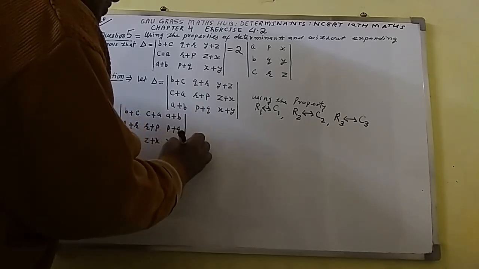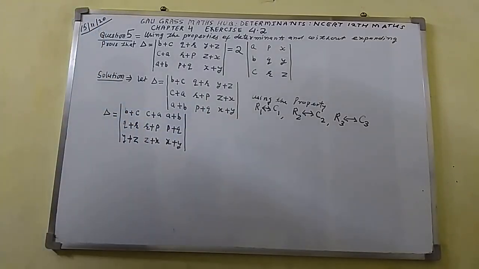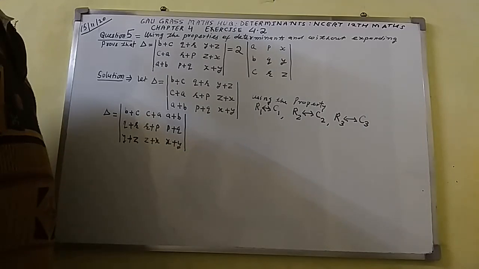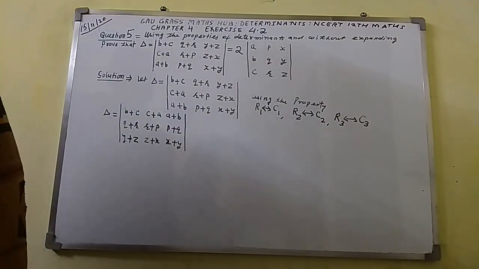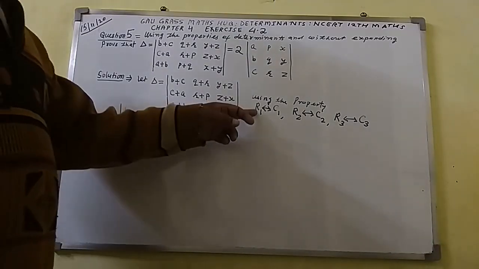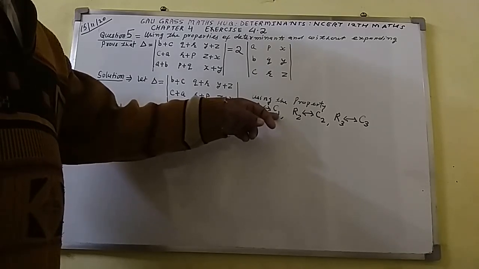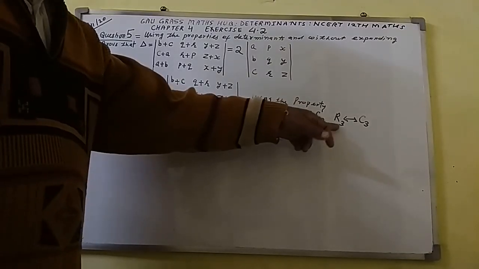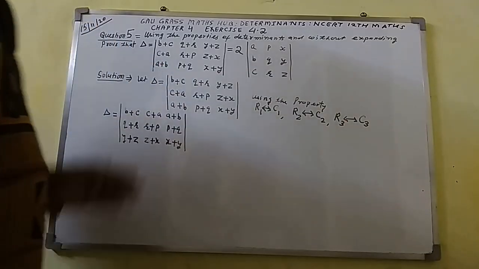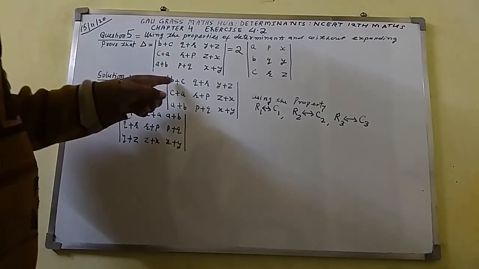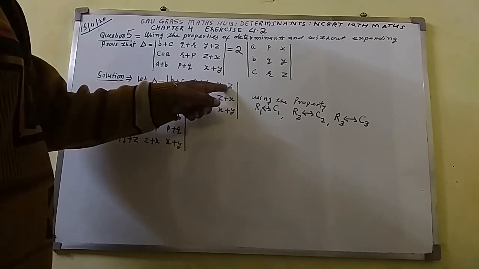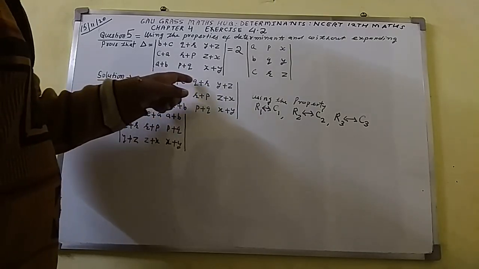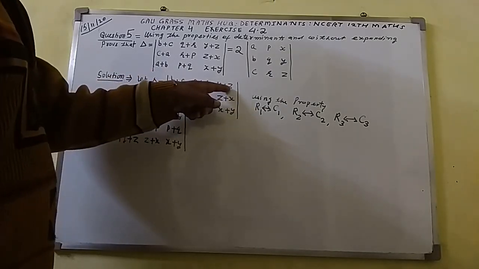This is the interchanging rule of rows and columns. R1 interchange to C1, R2 interchange to C2, R3 interchange to C3. I have done this here. Here the first column will become